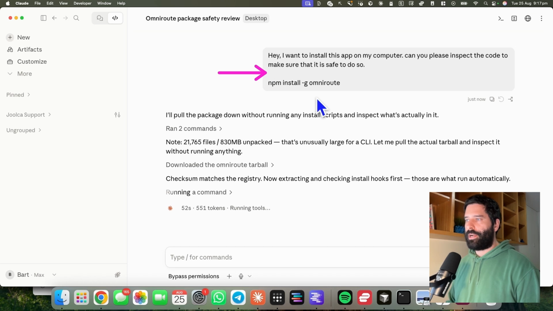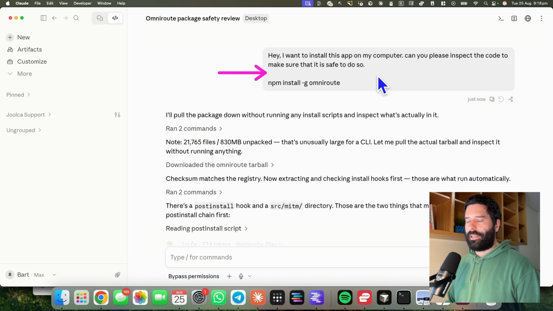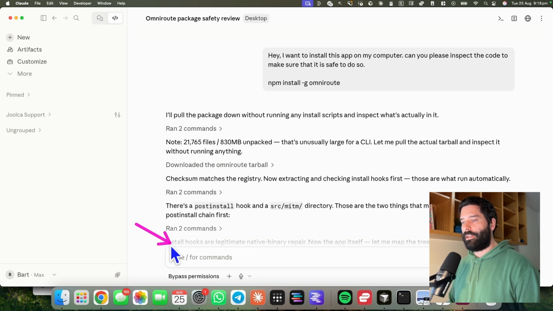And then as a best practice, whenever I install anything on the computer, I like to go across to ChatGPT or Claude and just give the command or give the URL of the thing that you want to install and ask Claude to do an audit to see if the code is safe for you to download and install on your computer. And if everything is fine, you can actually continue prompting Claude and get it to fully set up